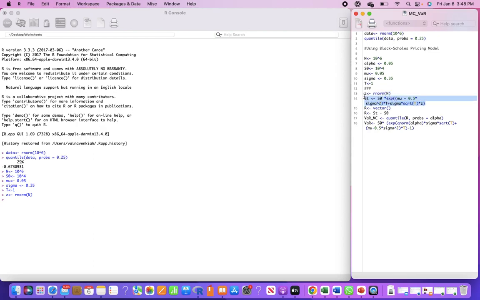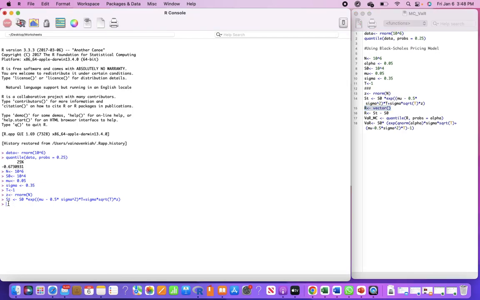And here you have the Black-Scholes equation that I've coded in R, my ST. I'm going to initialize R as a vector, in the vector form, where R is given as ST minus S0. And you have my Monte Carlo